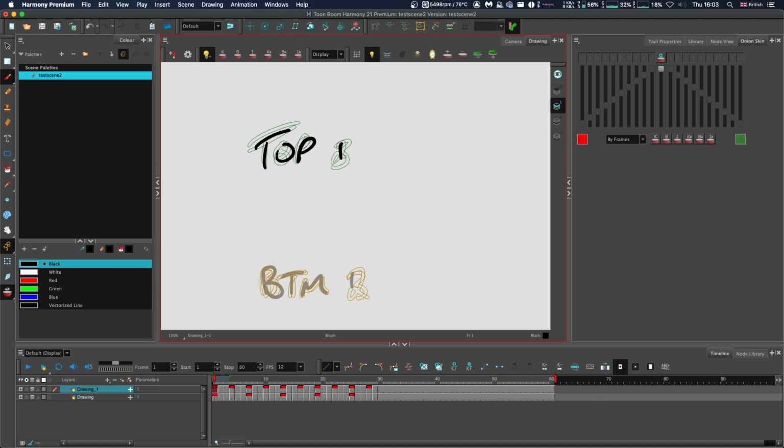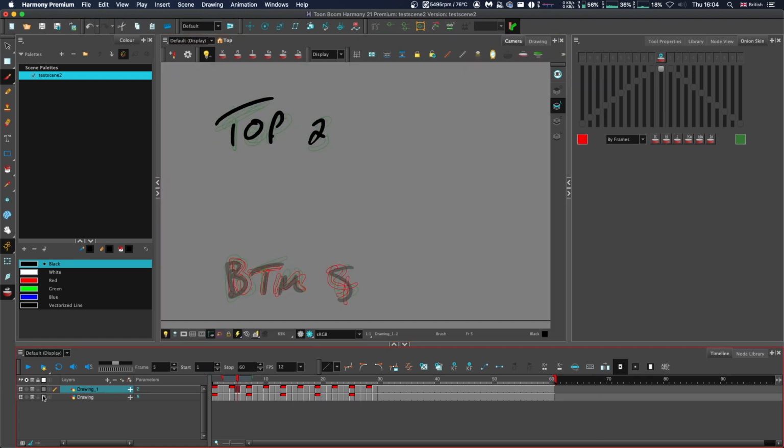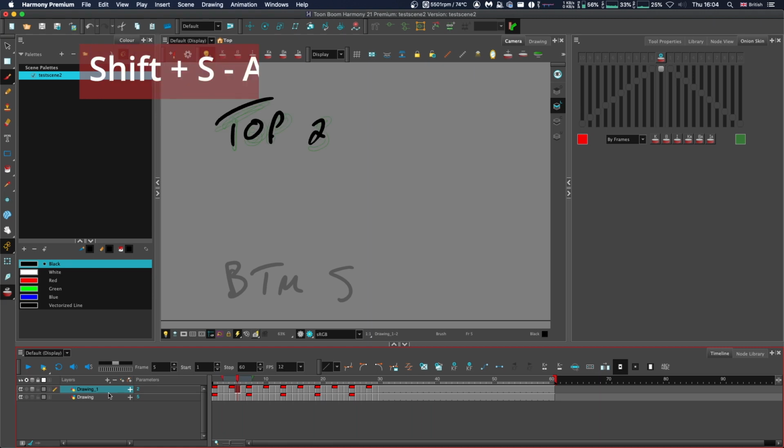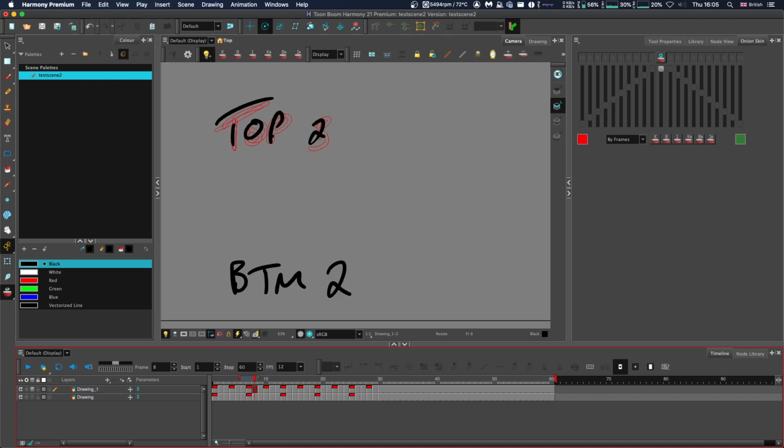There's a bunch of helpful keyboard shortcuts along with hidden toolbar buttons that you can add to really get the most out of the onion skin. Keyboard shortcuts include Alt-O to enable or disable the onion skin, Shift-S to add selected layers to the onion skin, which also enables the onion skin if it's disabled. There are also keyboard shortcuts not enabled by default, such as onion skin add 1 next previous and onion skin reduce 1 next previous. They aren't configured by default, but you can add your own keyboard shortcuts too.